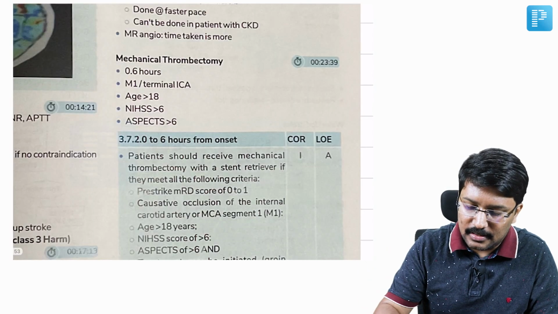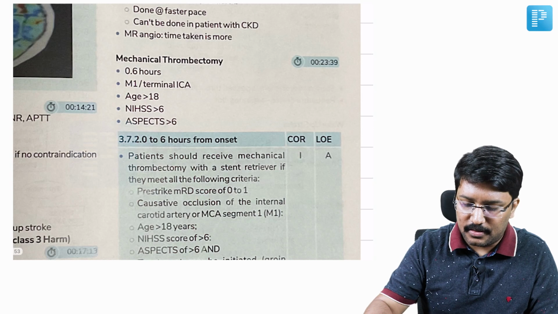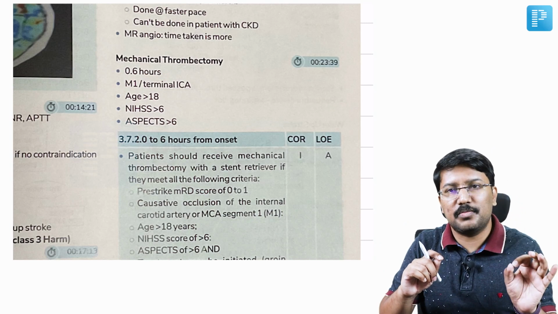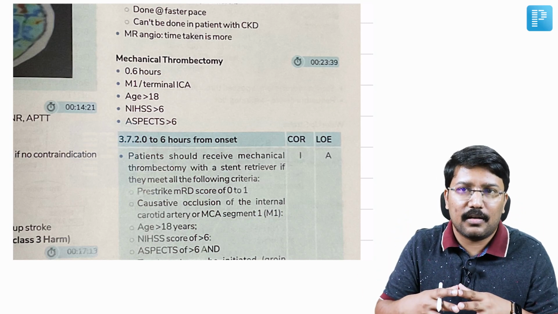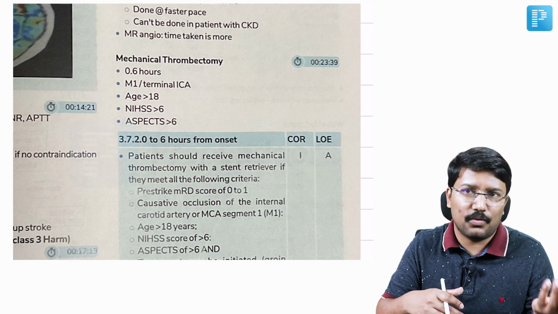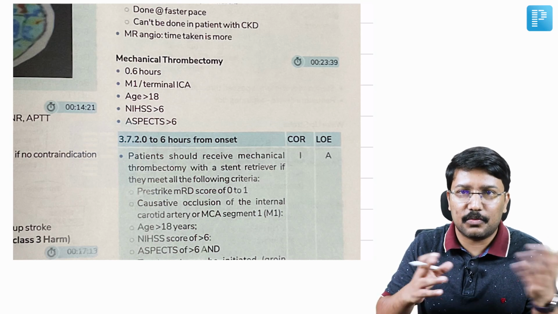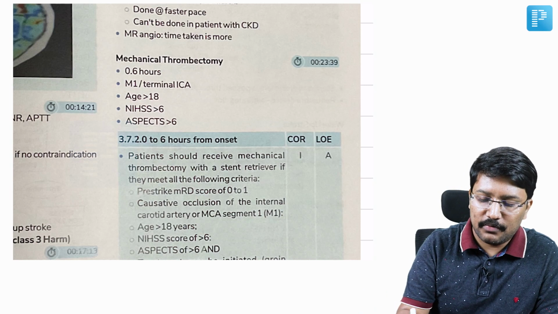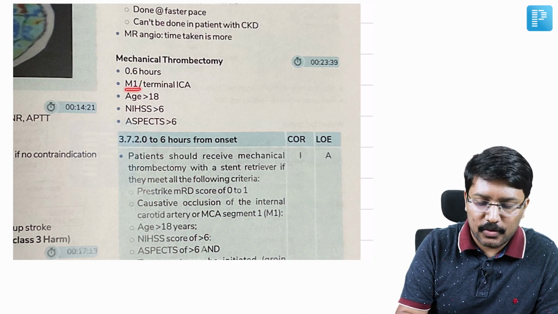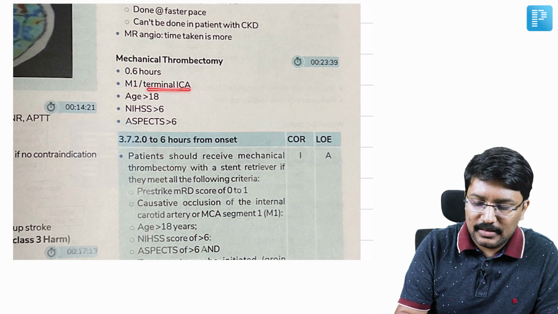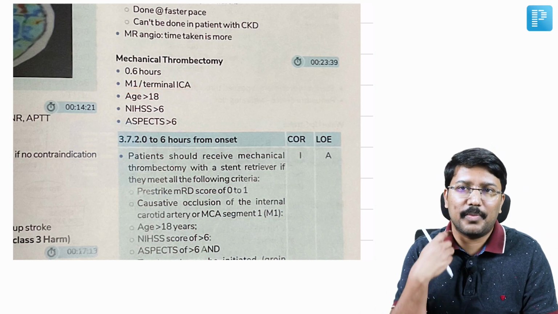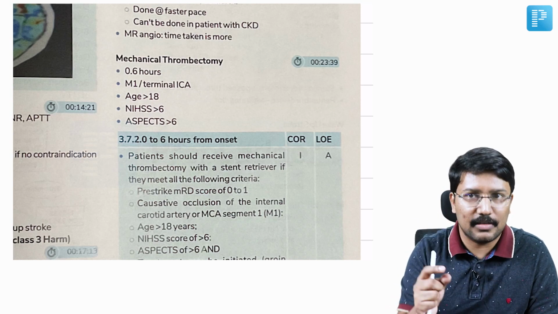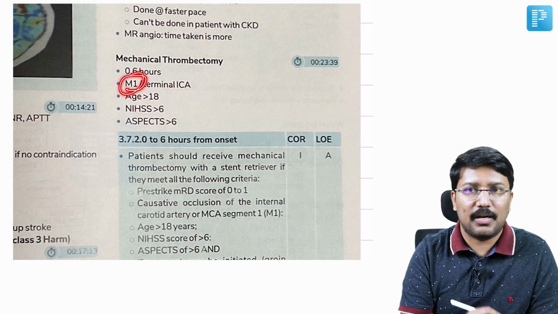So Safal had covered mechanical thrombectomy in detail, right? So he had mentioned that 0 to 6 hours is the ideal time frame. So if the patient presents within 6 hours, you can go for mechanical thrombectomy from the onset of symptoms, right? So option D was the right statement, and option C, that was talking about 4.5 hours, becomes the nonsensical statement there, right? Then he had also mentioned that it is ideally more suitable for patients who have the block in the M1 segment of the middle cerebral artery or the terminal portion of the internal carotid artery, right? So mechanical thrombectomy is more feasible or more ideal when the terminal segment of the internal carotid artery has the thrombus, or the M1 segment of the middle cerebral artery, right?